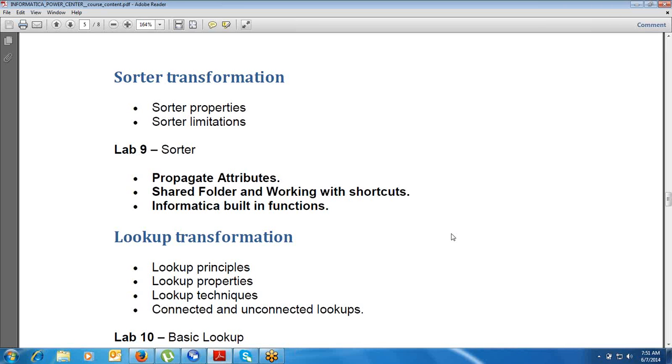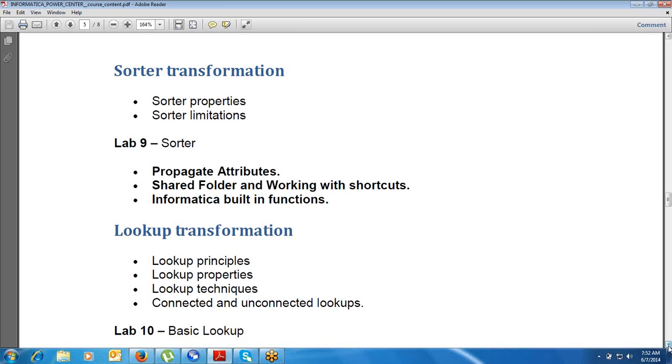Because most of the time when we import a source, we don't import it into our own folder. We import it into the shared folder so that all the developers can access it, create shortcuts of that particular source, and use it. So if the source definition changes, we just have to make the change in the shared folder and automatically everything will get updated. Okay.